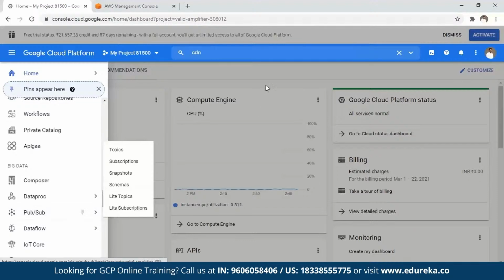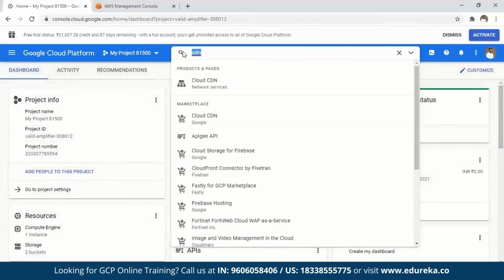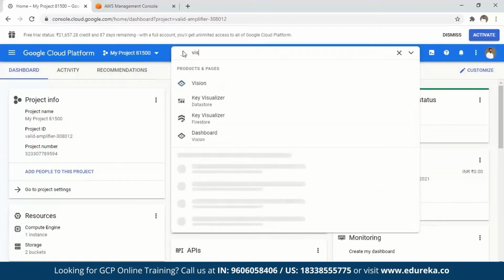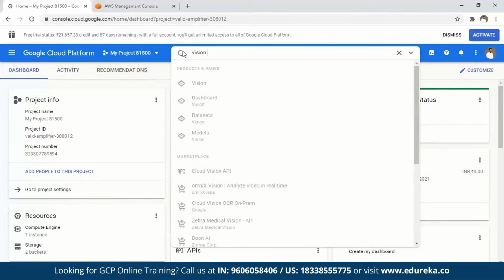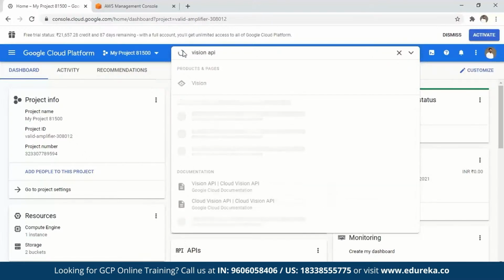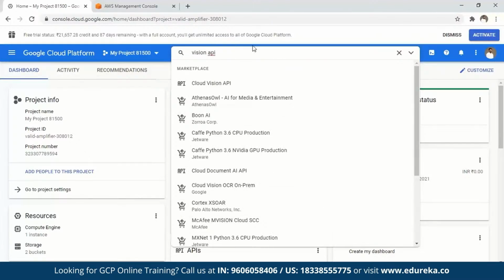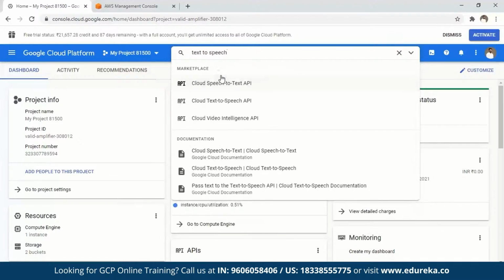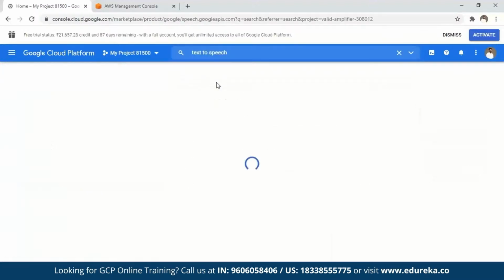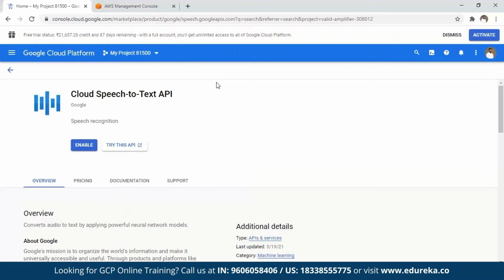Okay, so in terms of APIs as well, I've talked about that there are Vision APIs, but again, when you want to use Vision APIs and stuff like that, you need to basically activate those APIs, which I don't think are activated here right now. So I'm afraid I would not be able to show you a demo on that, but you can do that. Text to speech is what you can use. For that too, you'll need access, but you can actually go ahead and enable these APIs, and you can actually go ahead and work on these things practically then.